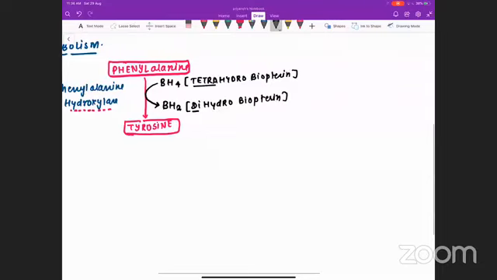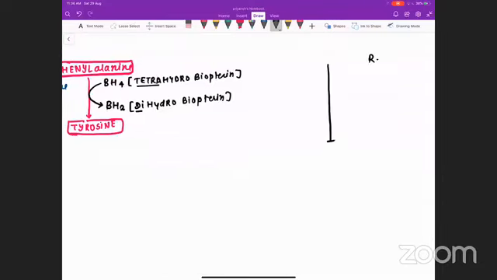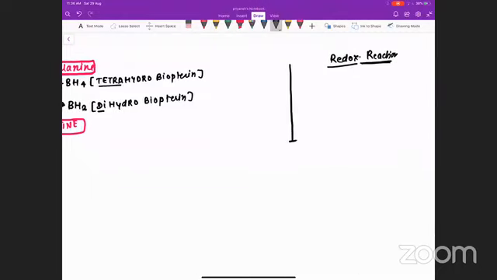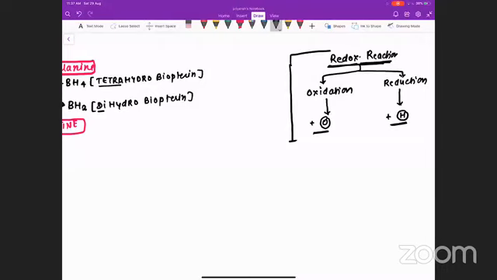In school, I have discussed a concept called redox reaction. I hope you may have heard about this word redox reaction, at least. What we have discussed in the redox reaction is that there are two types of reaction that can occur. One is called oxidation, and the second is reduction. If you add oxygen to any molecule, that is called an oxidation reaction. If hydrogen is added to any molecule, then it is a reduction reaction. So it is a simple concept of redox: when you add oxygen, that is oxidation, and when you add hydrogen, that is a reduction reaction.